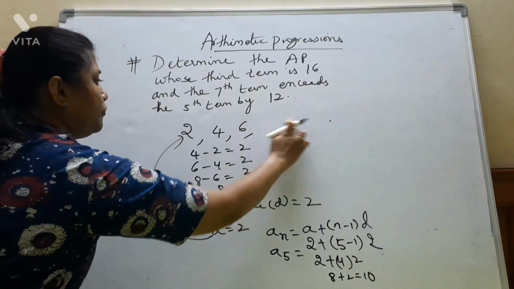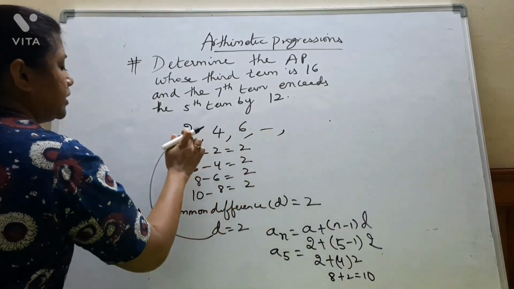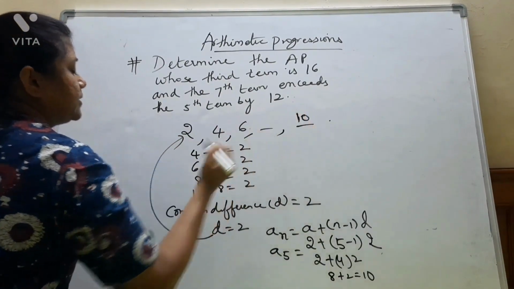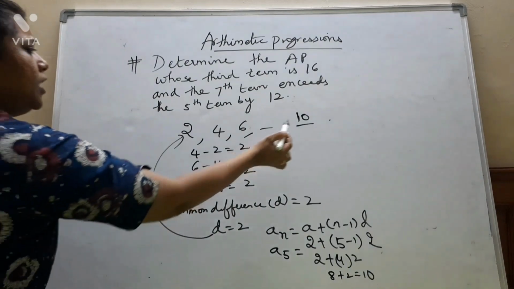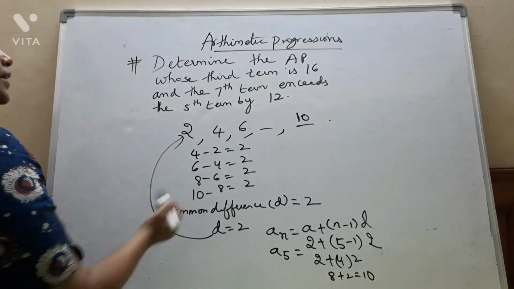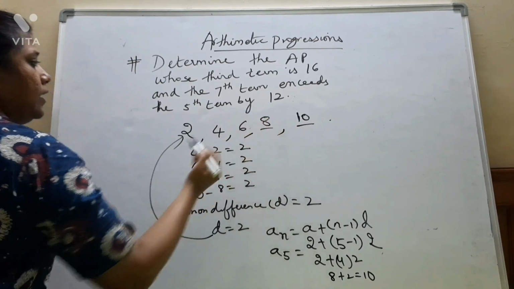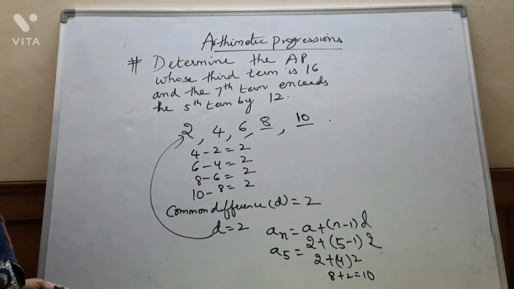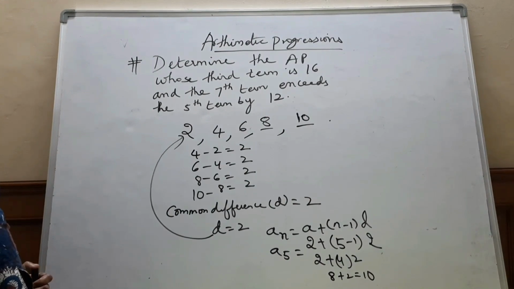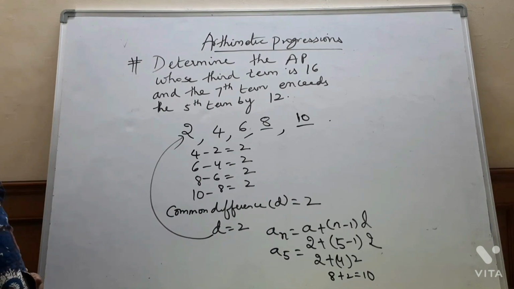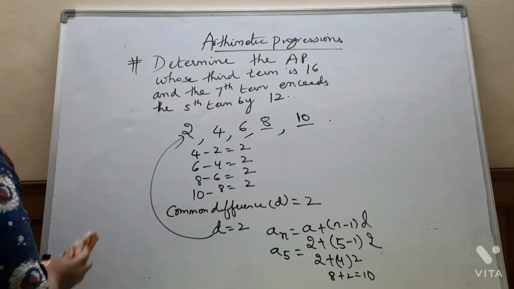So your fifth term would be what? This is first, second, third, fourth, fifth. So your fifth term of the series is 10. So from here you can easily find that the fourth term will be how much? There is a difference of 2. So here it will be 8, isn't it? So it is very simple to find out the nth term of the series using arithmetic progression by the formula an is equal to a plus n minus 1 into d. So this we have already learned, is it not?